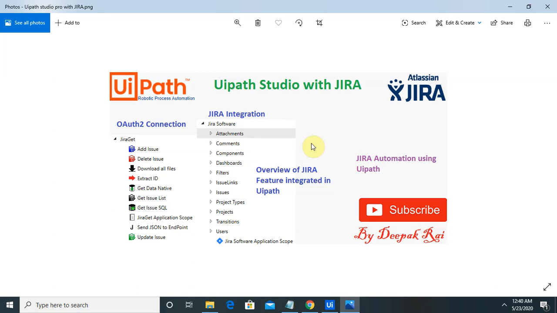It's very important to learn which features we are doing manually should be automated in UiPath Studio Pro, like creating defects, adding issues, deleting issues, and downloading files. All these activities are done by the robot, so there is no need for manual intervention.